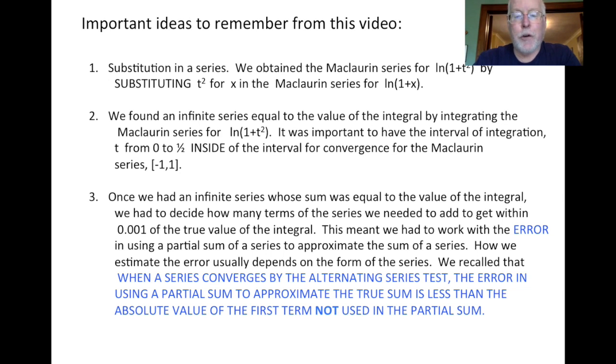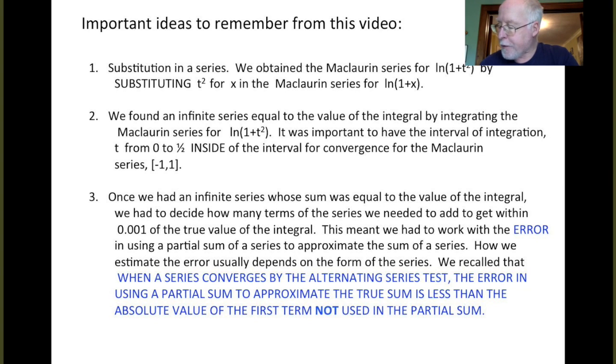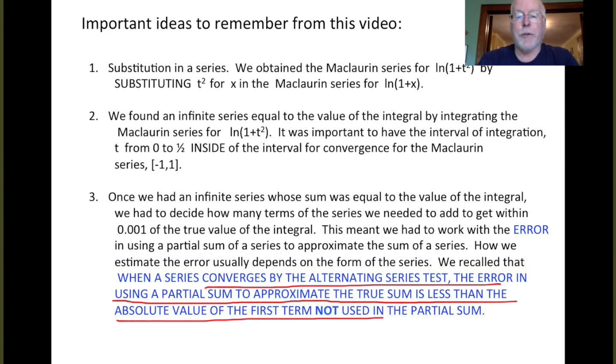Our series converged by the alternating series test, so we were able to make use of the error term generated by that test, that the error was no bigger than the absolute value of the first term not used in the partial sum. If we'd had a different form of series, we might have had to use some other technique to estimate the error,